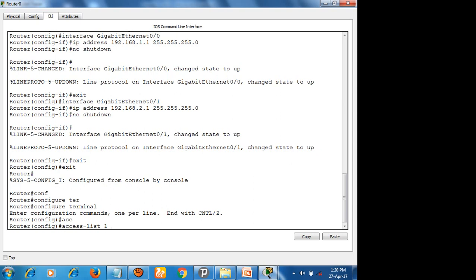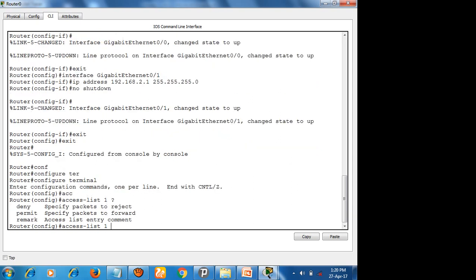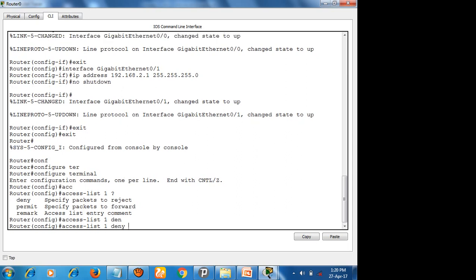The next thing is, look here, there are 3 options: deny, permit, and remark. So I'm going to deny the IP address 192.168.2.102, right?